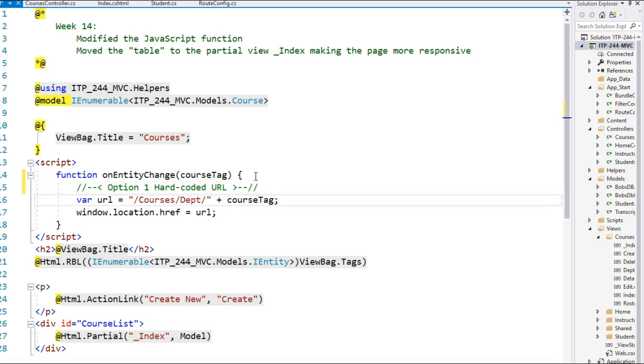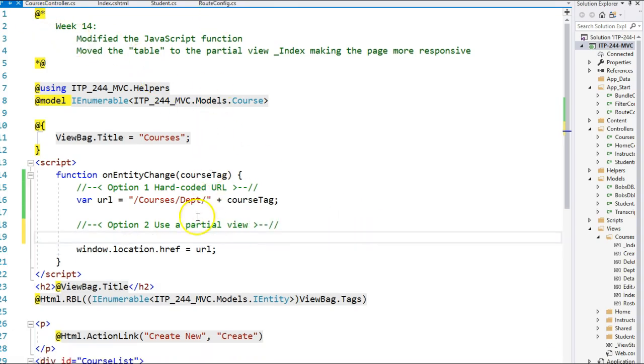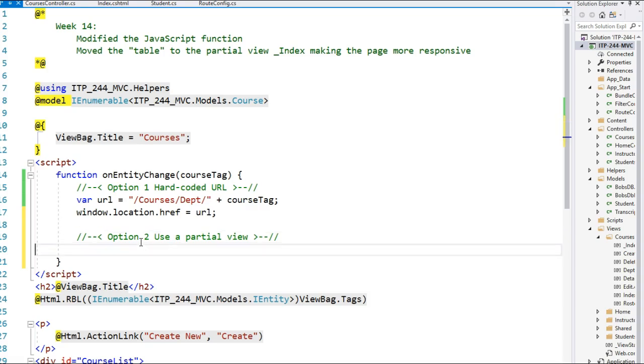Let's try another way here. Actually, what we're going to do is use a partial view. So I want to copy this line here, put it back up there. That is using routing. Probably a better way of doing this without using routing, we'll show you this anyway, is